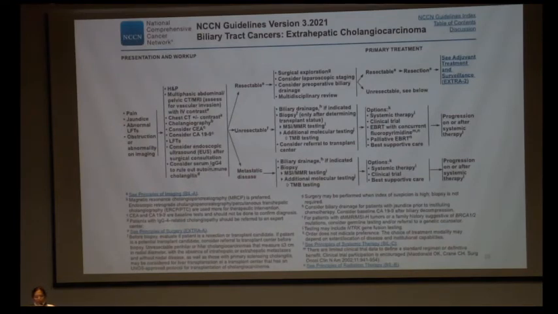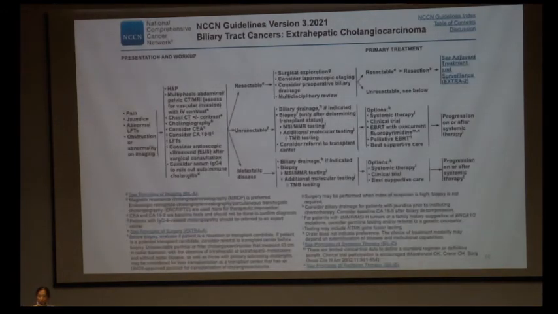In these patients, serum IgG4 is also done to rule out autoimmune cholangitis. Again, these patients are put into one of three groups: resectable, unresectable, or metastatic. Resectable patients go on to have surgery, and unresectable or metastatic patients are treated with biliary drainage if indicated, biopsy if surgery or transplant has been ruled out, and molecular testing. The treatment options are systemic therapy, radiation therapy with chemotherapy or as a palliative modality, and best supportive care.